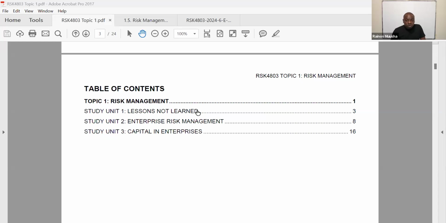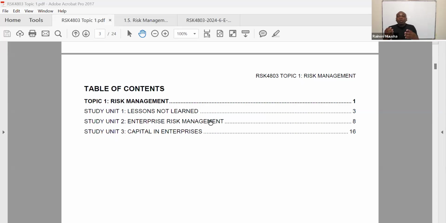So I'm going to show you exactly how to maneuver study unit 1. Then study unit 2, we look at enterprise risk management, where we are saying, when you look at historical risk management for many organizations or corporations, they used to treat risk management as a separate department that works in silo on its own, where it's just given information and then it prepares that information and gives feedback as well, right? But now we're basically saying that a more comprehensive risk management is where the risk management function